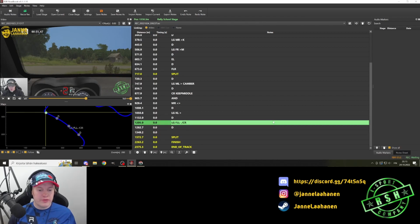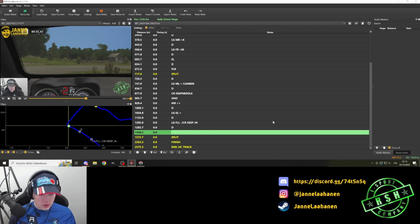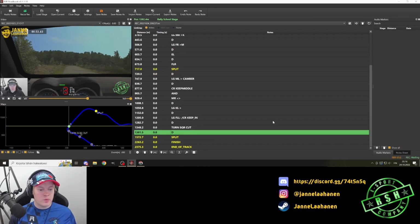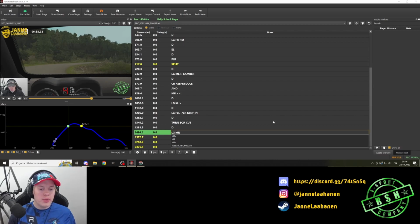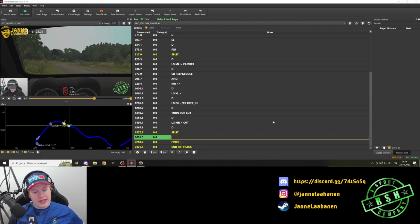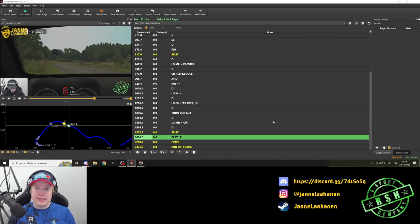And actually we need to modify this one still. We need to add that keep into it, and here we can add turn, square right and cut. Square right, cut, and a distance. And this is now again long, medium right tightens and cut. Long, medium right tightens, cut. And this, I think I said that this was fast left right, so we're gonna do fast left right, like I changed it from the note sheet before. Fast left right,